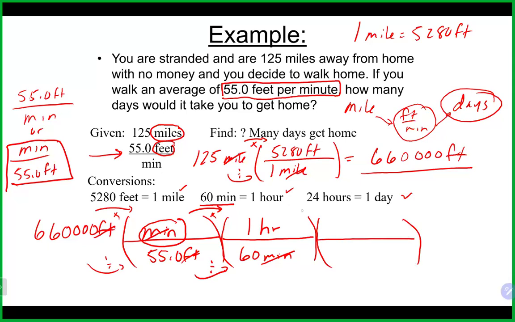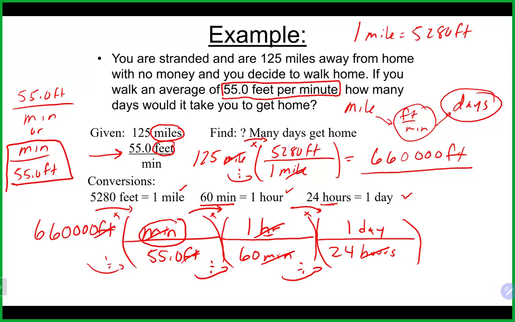So here again, we're going to go opposite. So hours on top, hours would have to go on the bottom, and days would go up on top there. Here we would get rid of that. And at this point, again, we are still multiplying and dividing. So in this case, I can take my